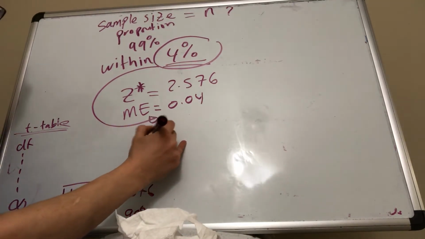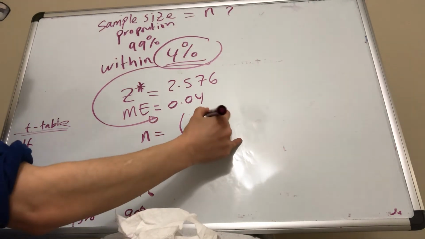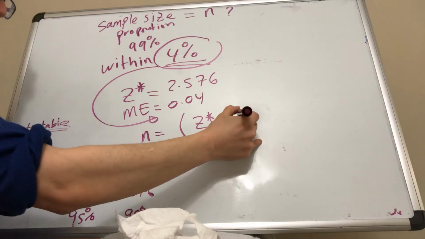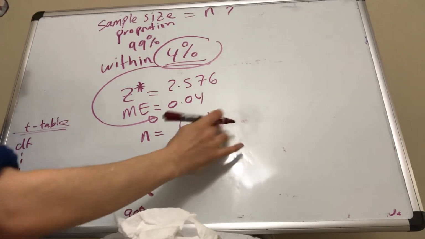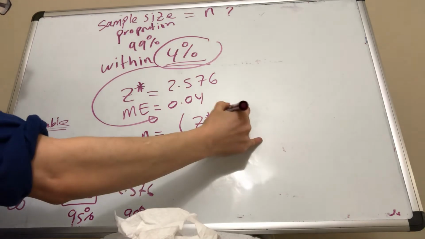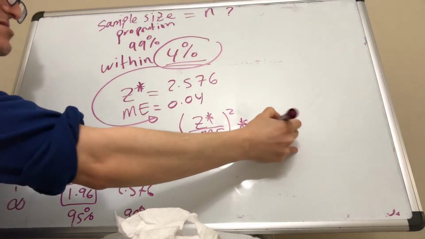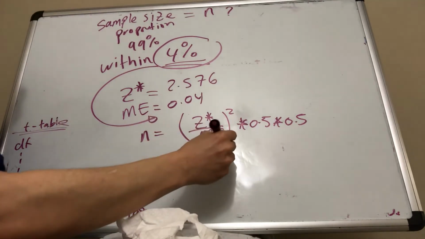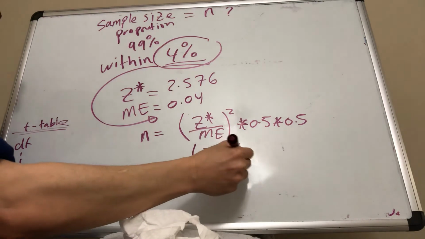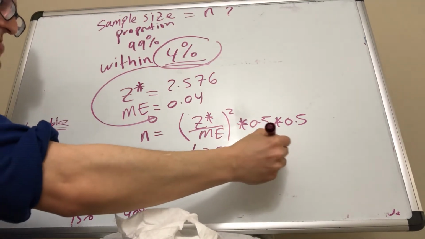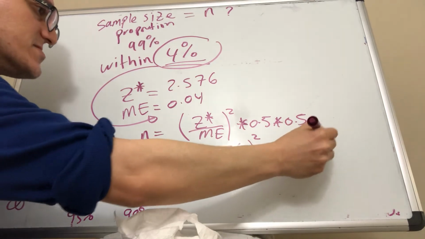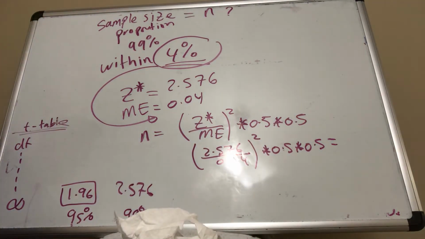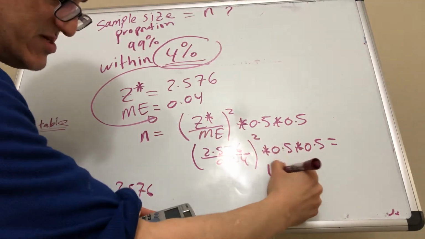Now for the sample size n, we follow this formula. Z star over the margin of error, squared, times 0.5 times 0.5. So your Z star is 2.576, your margin of error is 4%, you square this, and then 0.5 times 0.5. I'll do this quickly, so 2.576 over the 4%, squared, and 0.5 times 0.5, my sample size would be